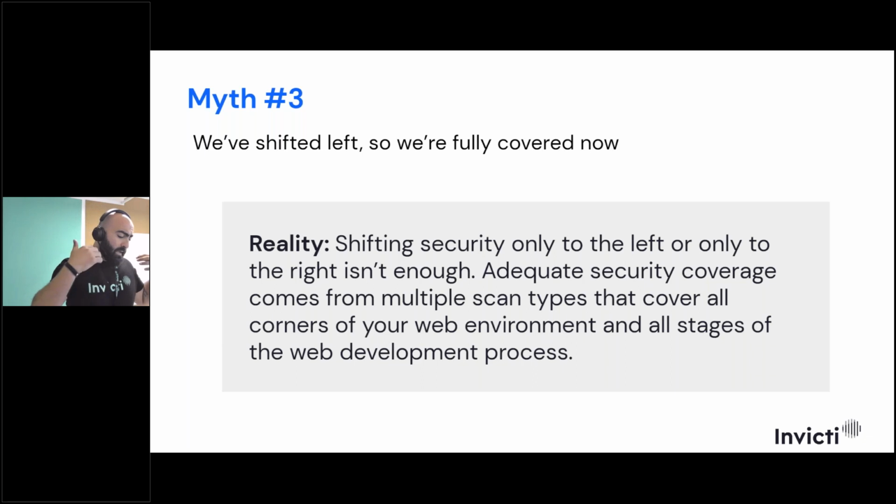Because each environment, let's say for example the scenario of having a dev environment, a QA server or QA environment, a staging environment, and then the pre-prod and the production environment, might have its own type of configuration, for example web server configuration.